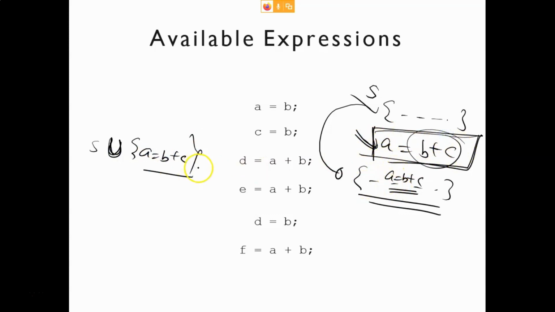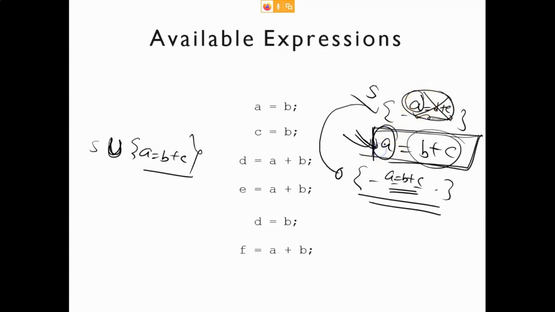So this A equal to B plus C. But remember, let's assume that before this statement you have a statement A equal to D plus E. After this statement, that expression won't be available, because now you can see the value of A has changed. This expression D plus E was held in A, but now we are changing the value of A, so this expression is not available and you will remove it.